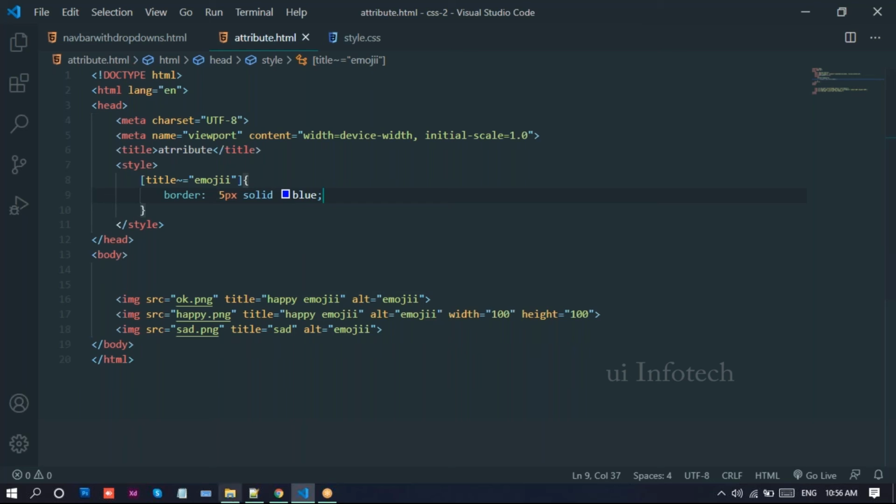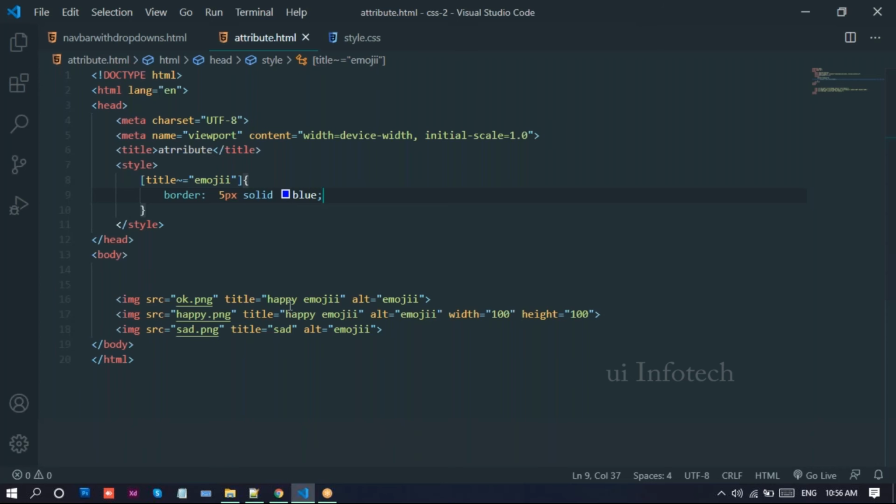Emoji. For this one, I'll just apply border, blue, border 5 pixels, solid blue.